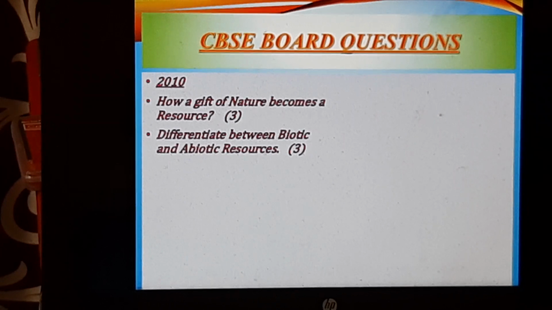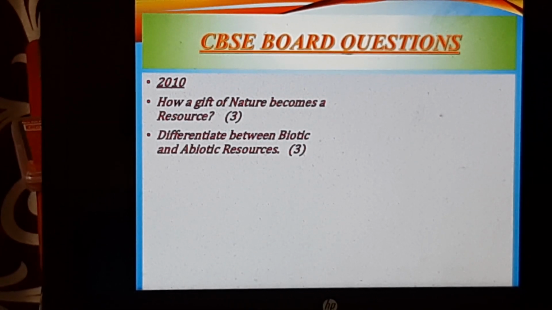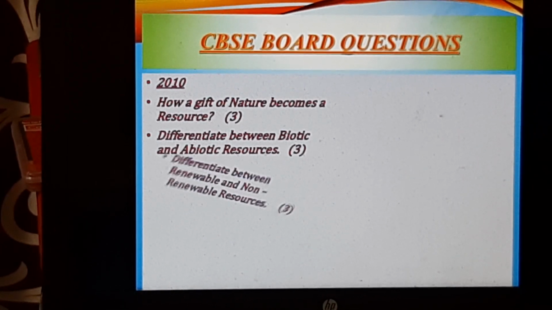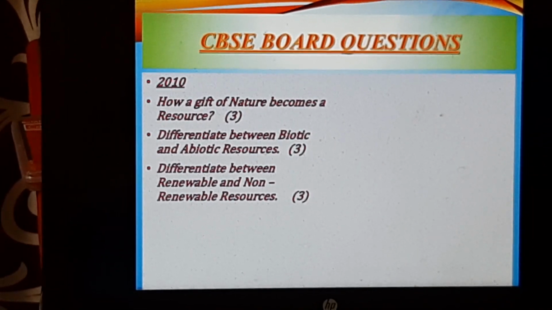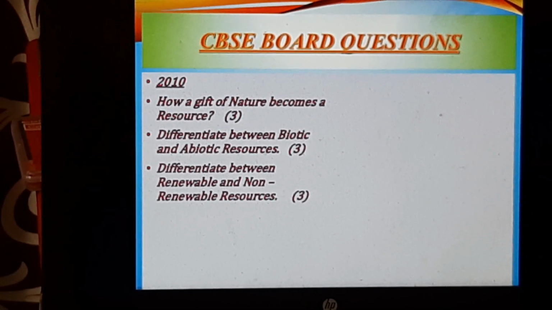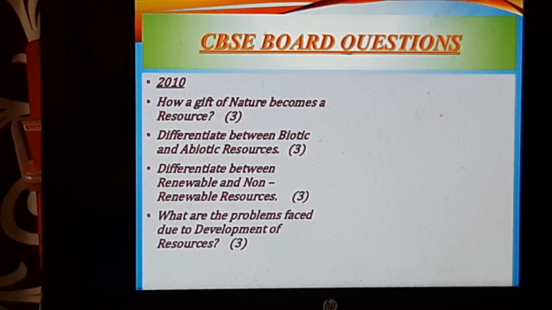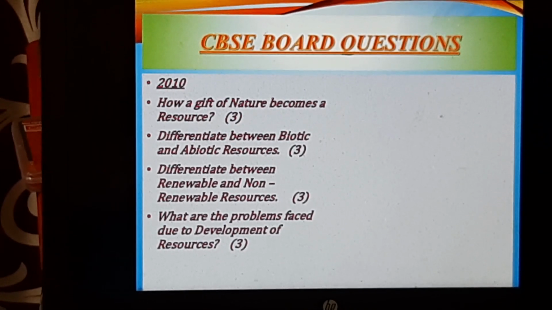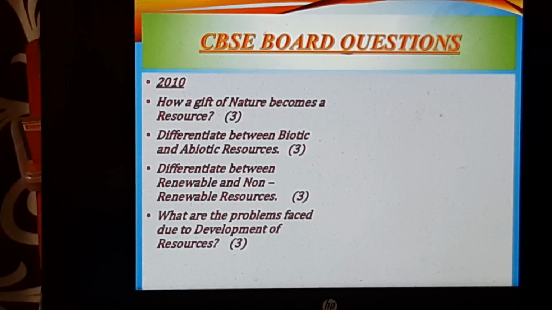Next question, differentiate between biotic and abiotic resource. Next, renewable and non-renewable. All these are common, and have already been discussed in the note. What are the problems faced due to the development of resources? The problems are